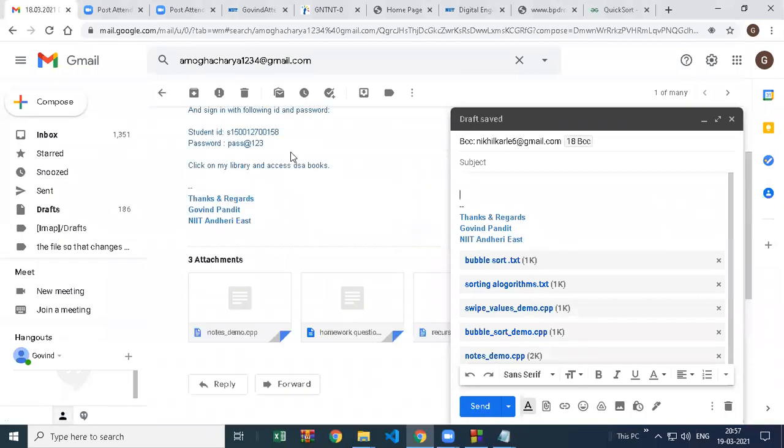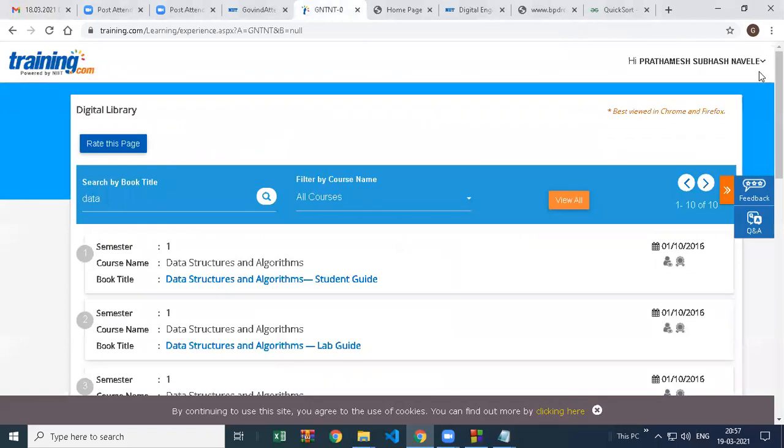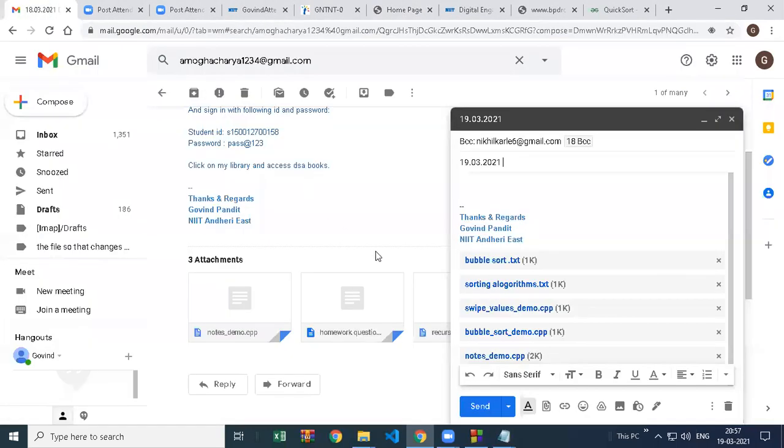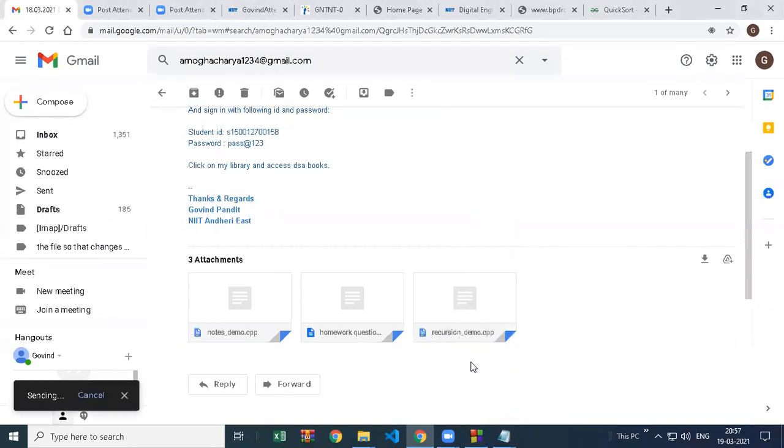Have you used the link I gave you? I gave you an ID and password, no? If you open with that ID and password, you will get the book there. You have to type "data structure", with a space. Don't type DSA. I also opened the same website now to show you the book. I logged in with the same user account, searched data, found the data structure book and opened it. This ID and password is sent; you can use this temporary ID and password until you receive your own.